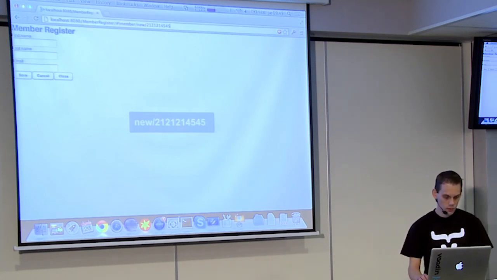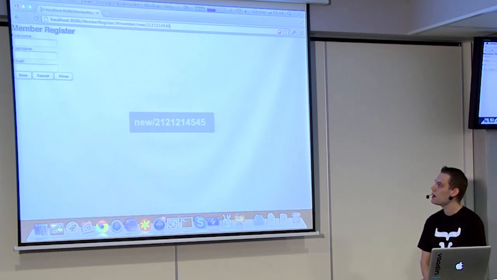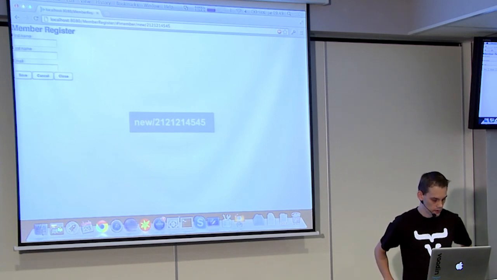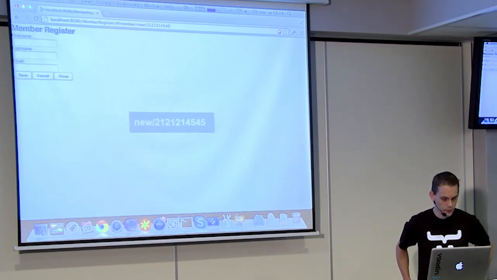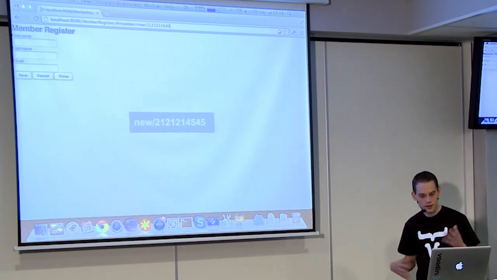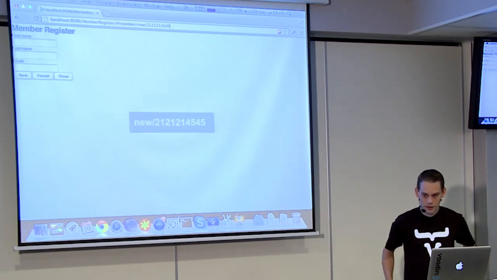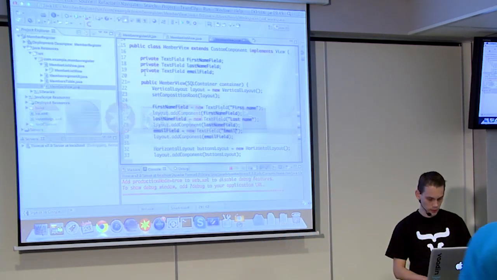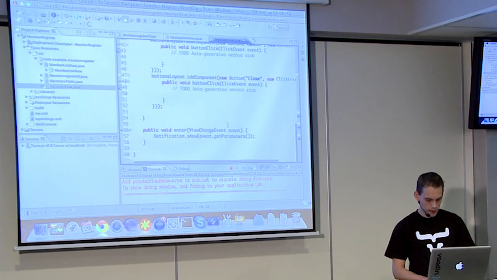And okay, so now we can add the logic for adding a new person. We already have the fields, so we need some data binding stuff and some stuff for creating the row to the database. So let's see. So here in the enter method,